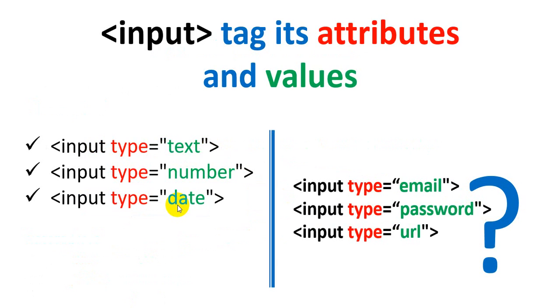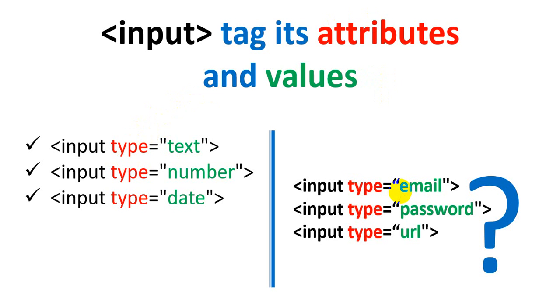Now in today's lecture we will see input type equal to email. Okay, what is the use of email? For example, in certain web pages you have to enter your email, and you know why input type equal to email. Why not input type equal to text? Inside the input type equal to text you can take text, but sometimes text will add only numbers, text and characters, and sometimes symbols. But input type equal to email will take only email. Why email? Because email follows certain rules and regulations or certain standard.